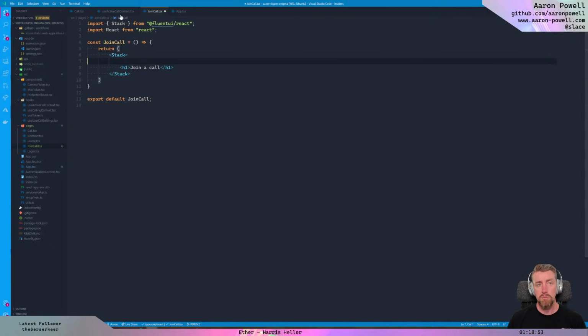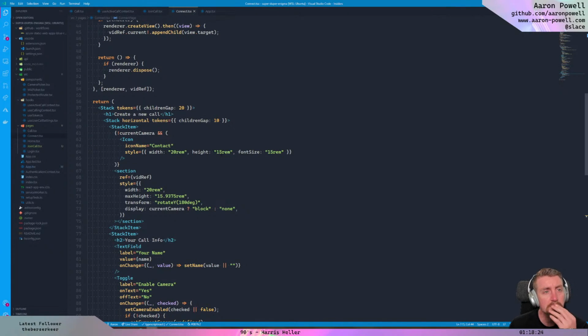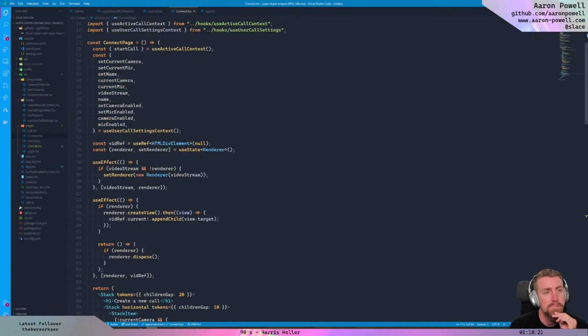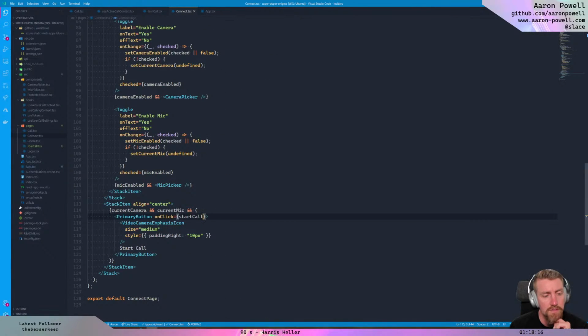Okay, did I import? Okay, so we imported Stack. So this is like our container component. We'll leave that there. And then we're going to need to have the call ID. So we'll have a text box for that. Then, yeah, then we'll have just all the stuff from the connect page. So we're probably going to pop out probably the entire connect page with the exception of this button